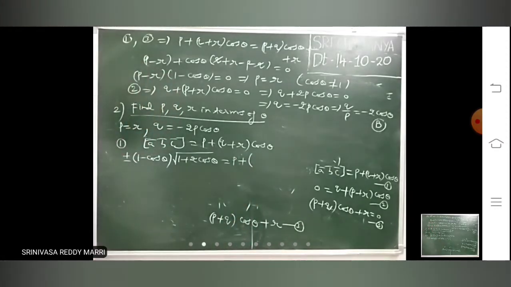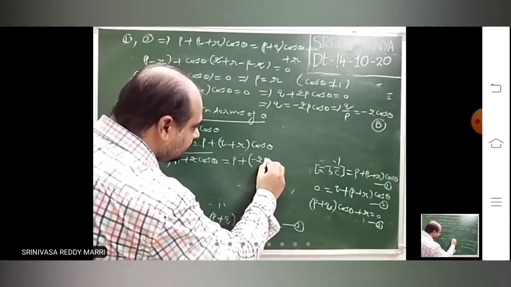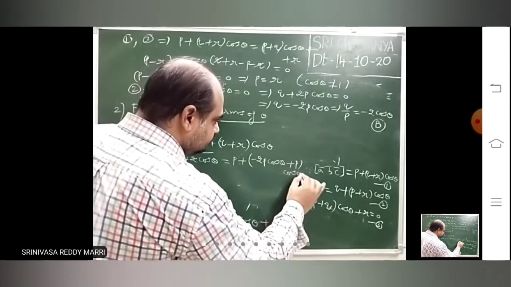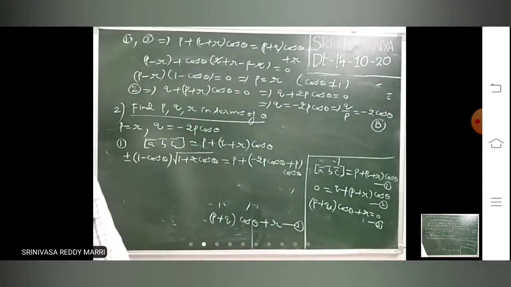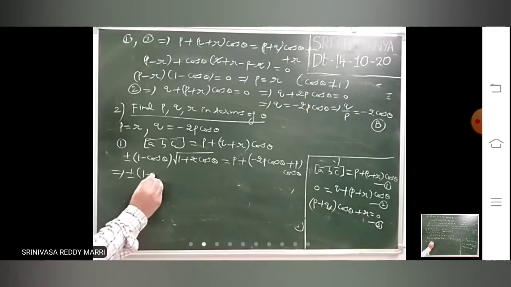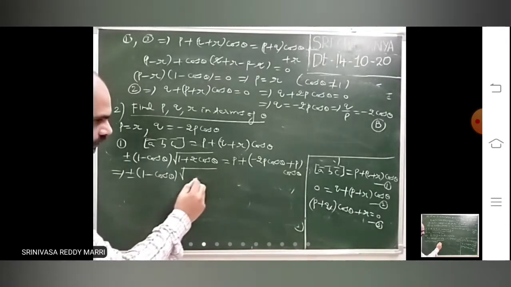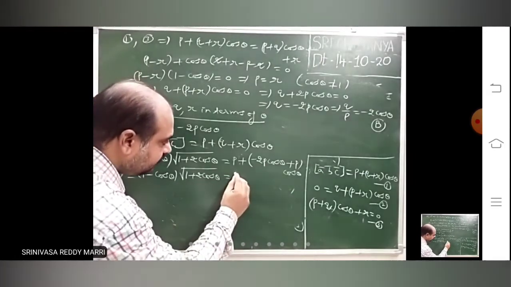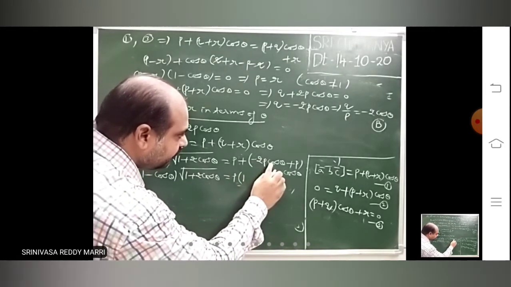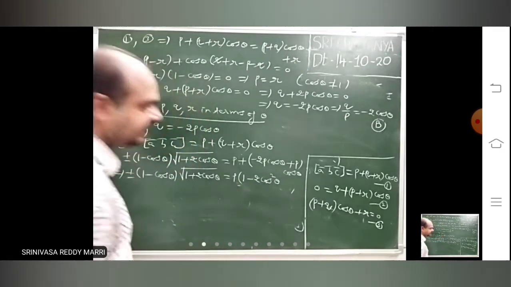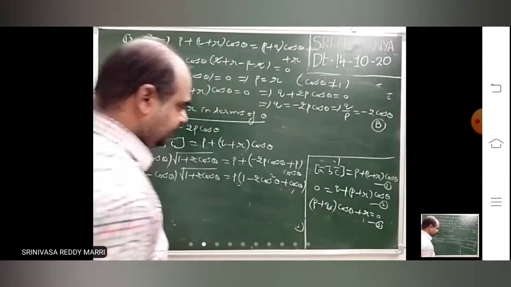Plus Q is nothing but minus 2P cos theta, plus R is nothing but P. So that implies you can calculate what is P. Plus or minus root of 1 plus, equal to, P you take common, then you will get 1, look at 1 minus 2 cos theta into cos theta minus 2 cos square theta plus cos theta. This you will get.